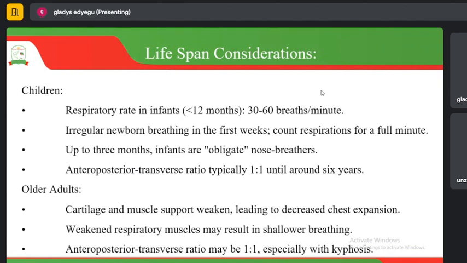Many times you will realize that when you count for 1 minute, you can find that there may be an irregularity in the middle before you complete the 1 minute. You may start very well, the breaths are regular, but when you reach the middle, before you end the 1 minute, you realize there is an abnormality, either irregularity or even apnea and so forth. So you should not always count for seconds and then multiply, but endeavor to count your patient's breath or pulse for strictly 1 minute as expected as a standard. Up to 3 months, infants are obligate